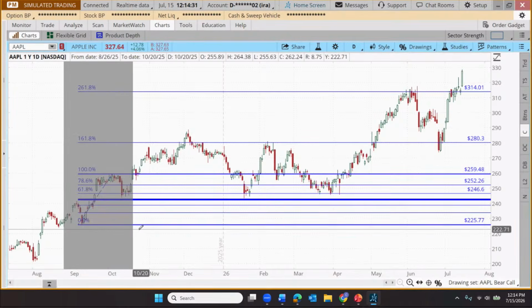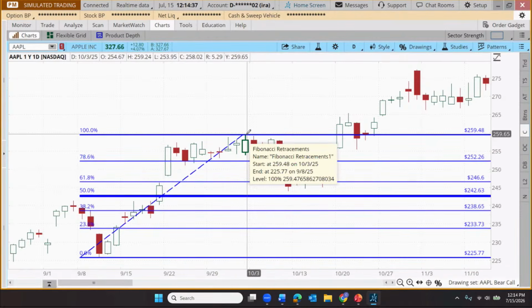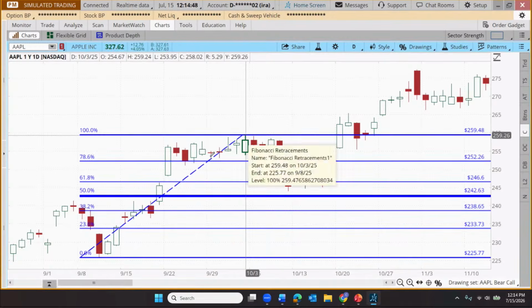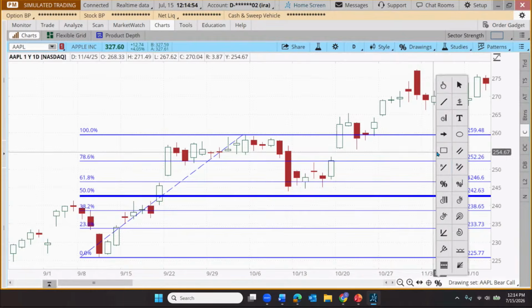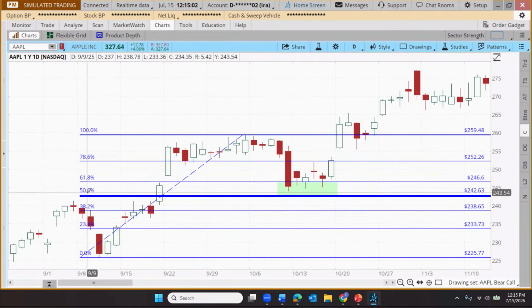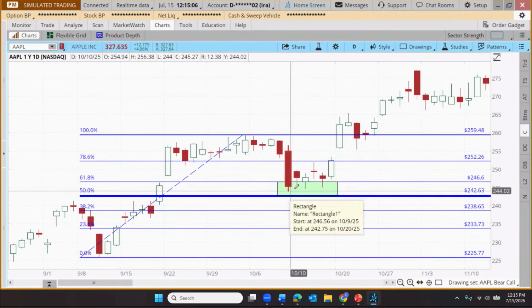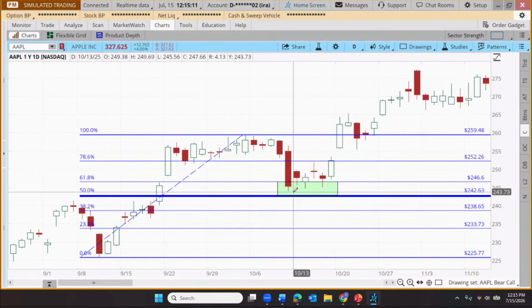And within that pullback, let me zoom in here. When there's a strong move to the upside, one historical proportionate move to the downside, one tendency seems to be the stock pulls back somewhere on the order of about a third to about a half of the distance that it just advanced. So in that case, that might align pretty well with our 61.8 and our 50% retracements. So for some traders, when there's a strong move to the upside, they'll draw on a fib and they'll look for a retracement where price falls back to between 61.8 and 50, and then plan for maybe potentially new bullish entries at that point. So that's an initial usage, finding support levels.